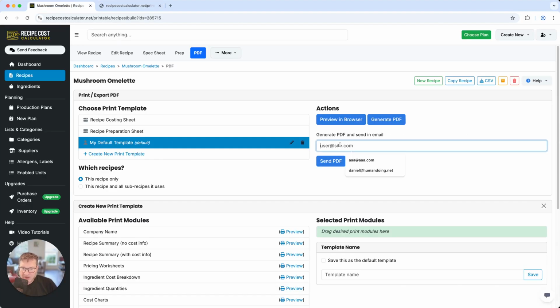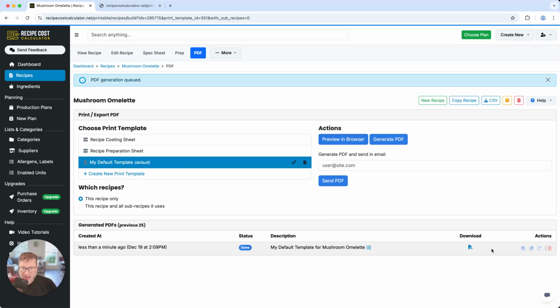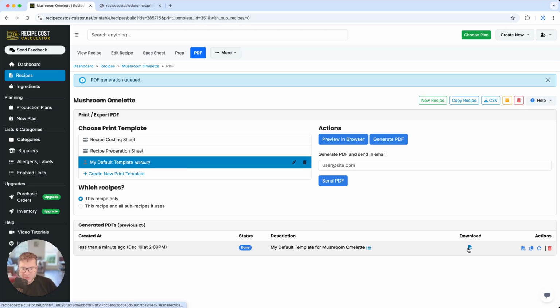You can email this PDF document to a staff member or to anybody else. You can click Generate PDF, and what will happen is we will queue that PDF for creation. And once the PDF has been created, you can download it by clicking on this